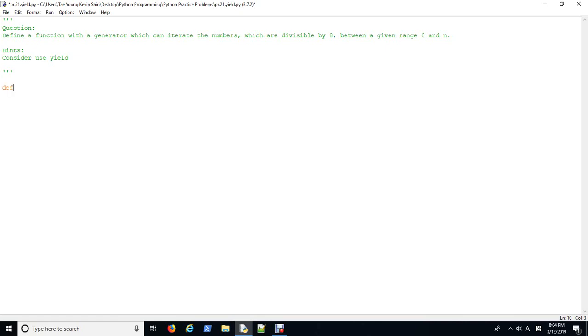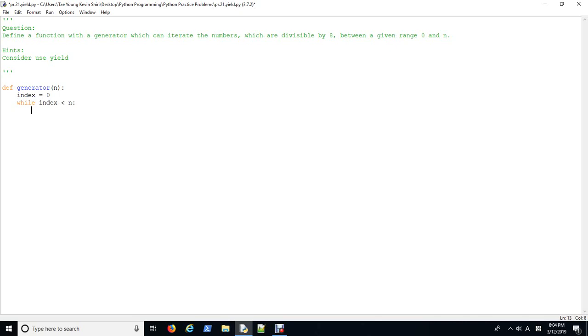So let's say def generator or something. Let's design a function generator. And that generator takes an integer and we need to somehow check how to get it. There are a lot of ways to do it. I can approach with a while loop or for loop. Now let's start with a while loop. I'll say index equals 0, and what I want to do is while that index is smaller than n, what I want to do after that